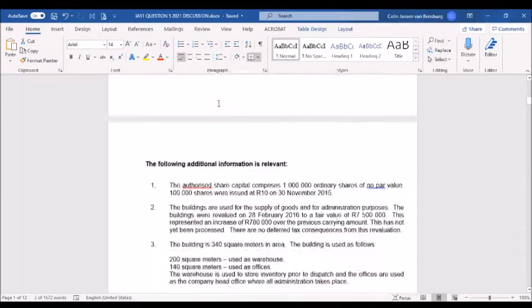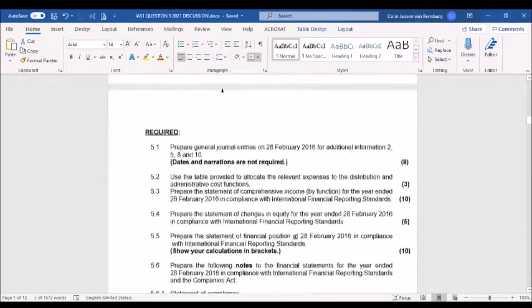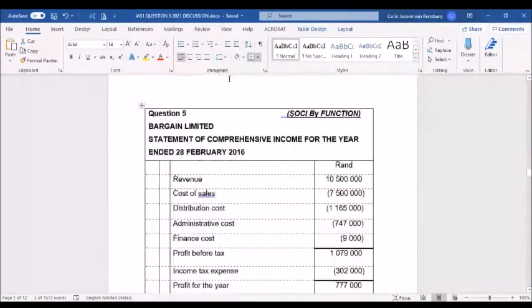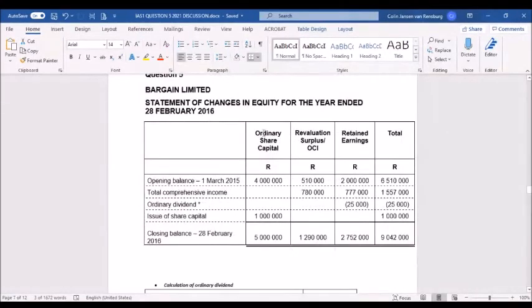So that is exactly what we've done there. If we just scroll down briefly again to our statement of changes in equity, there you see we've got a column for the ordinary share capital. We've got a column there for our revaluation surplus, which comes from our other comprehensive income section. And we've got a retained earnings column. And then normally when we have this kind of table presentation, we also provide the users with a total column,